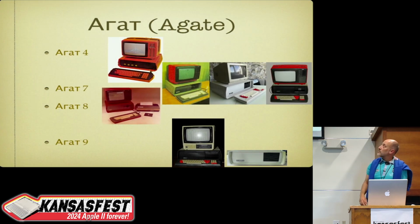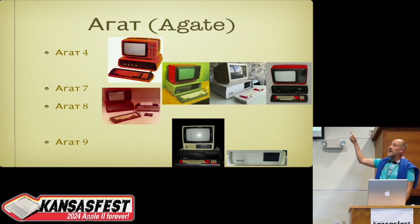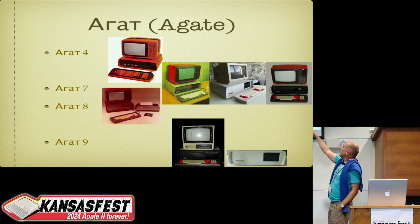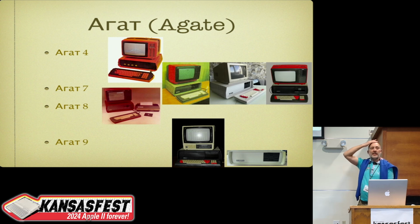That is how they looked. Agat 4 had a metal case with a keyboard attachable to the front. Usually they were gray, but some machines were painted red to fit with the color of the television for marketing purposes, to be nicer on photographs. Agat 7 again was mainly gray,